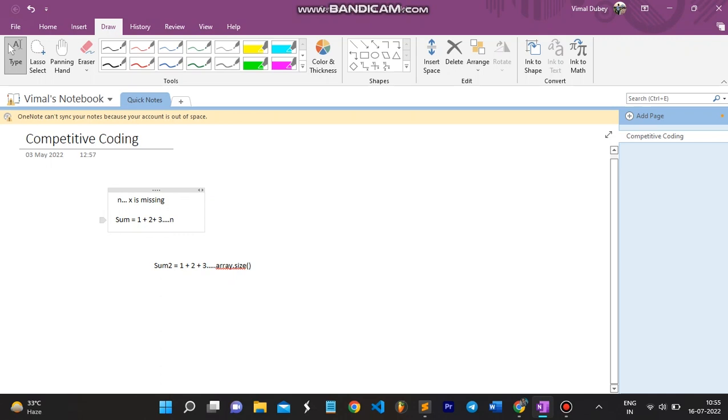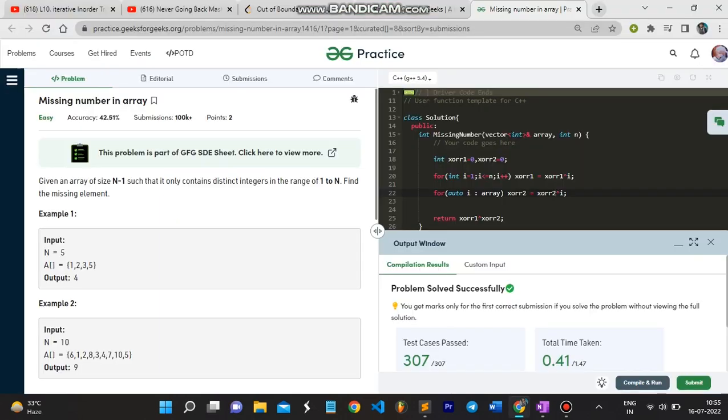So just think what will be the result if I subtract sum2 from sum1. This will simply give me the desired result. My result will be sum1 minus sum2. Okay, this will give me the missing number which is not present in the array. So let's code this also.